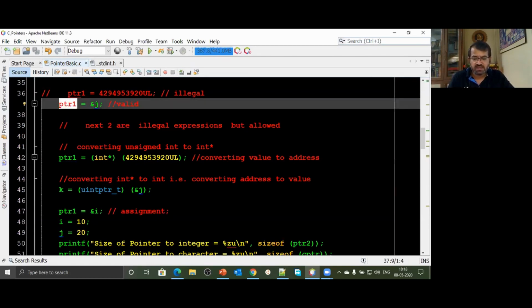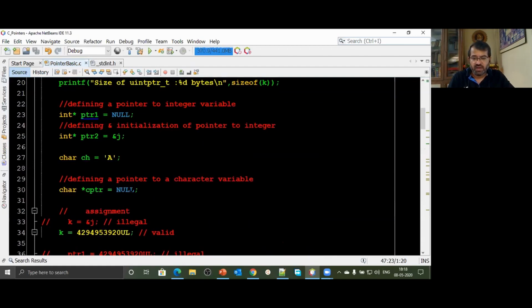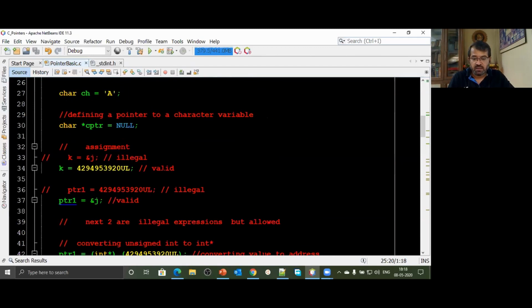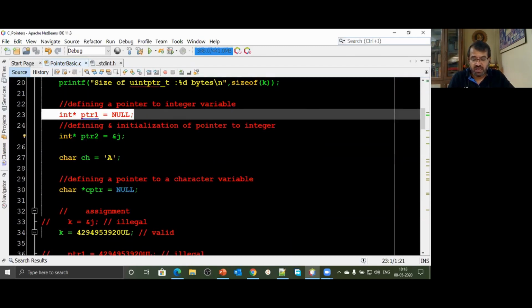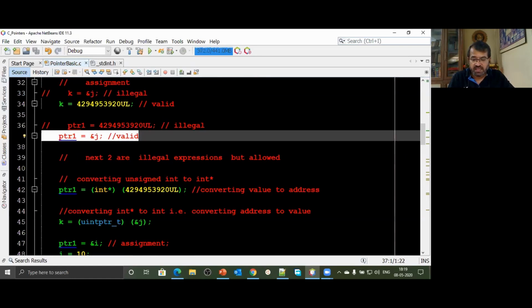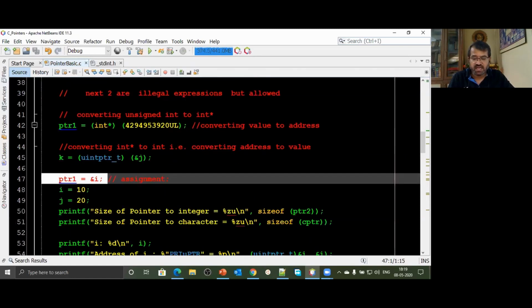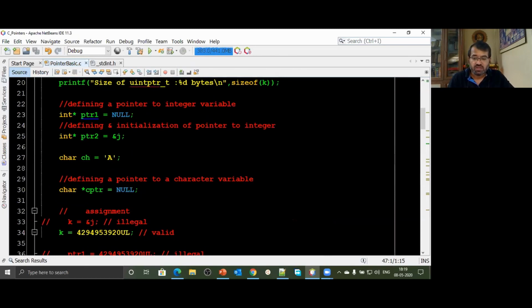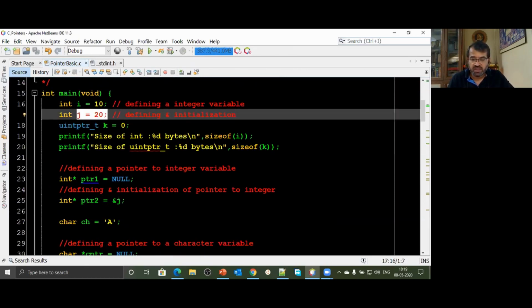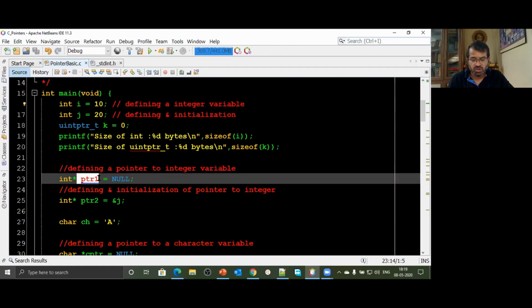So it's not necessary that the pointer throughout its life has to point to the same variable. They are variables. This particular variable has been initialized with the address of j. It was initialized with null, no address, and here I am assigning an address. It's not a constant variable, so I can change the address stored in the pointer variable. So pointers are also variables. The difference is, it's a pointer variable.